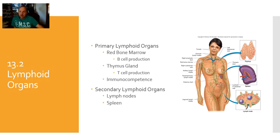Because when cells recognize antigens and bind to them, then ultimately what's going to happen is you're going to destroy the cell that's bearing that antigen. So we don't want them to pay attention to our cells. We don't want them to bind to our own cells and destroy them, because that gets into something called an autoimmune disorder we'll talk about later. But if they pass that first hurdle, they don't recognize, they don't bind, they don't destroy the cell with the